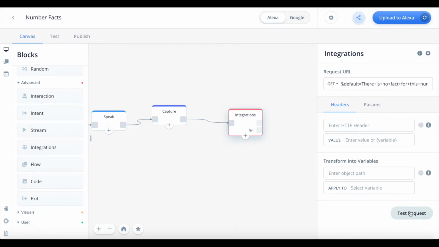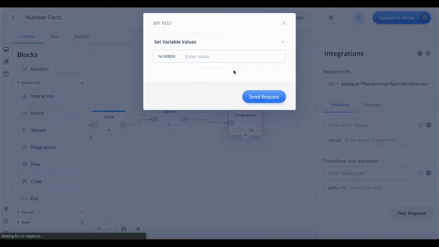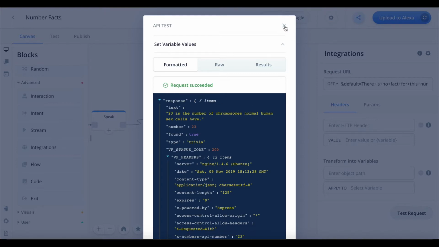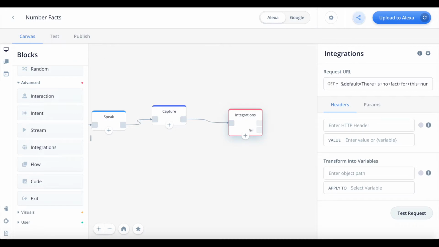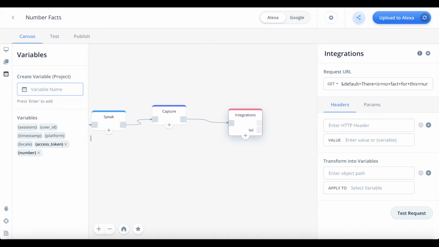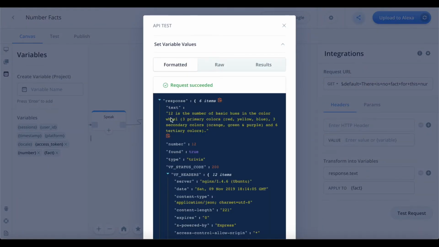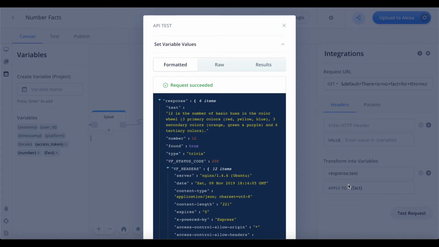So what we want to do is basically map whatever the text is to our variable. So if we go back again, let's enter a number again. We want to map the response dot text to our fact basically. So we also actually have to create a new variable. I'm just going to call it fact, okay? And let's map to the fact variable our response dot text, and let's just check that again. So if we once again enter a number, we want to map the response dot text value to our fact variable. Okay,